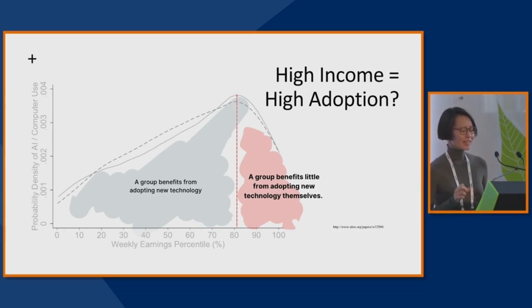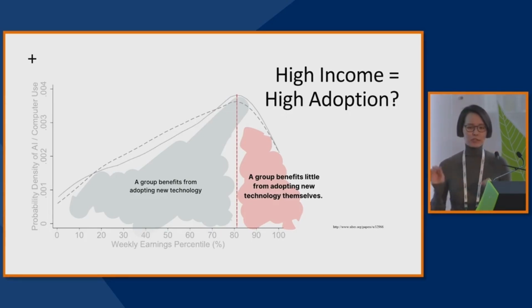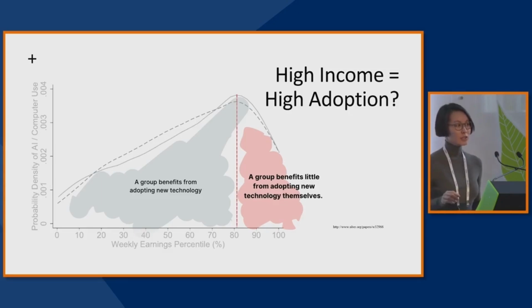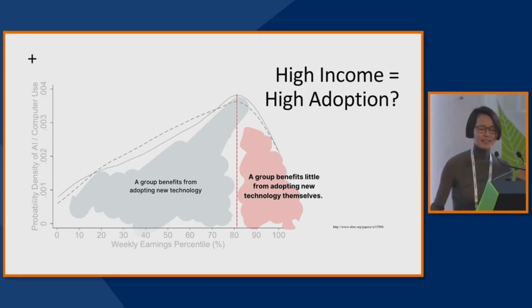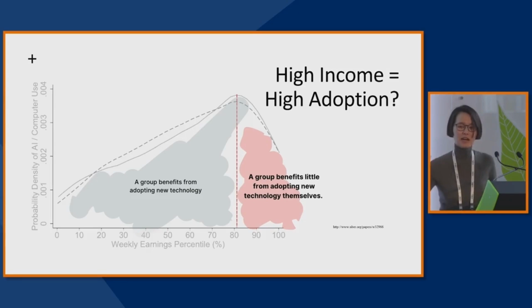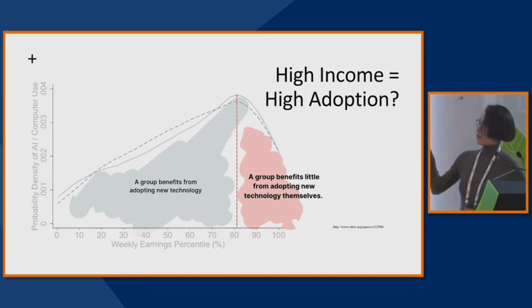I'm not sure if it's the full truth, but I think it would partially explain this super steep drop. You need time to accumulate your career and to get experience. And by the time you reach the 80 percentile income group, more likely you are around late 30s, 40s, 50s, and so on. There is another set of data that I don't have here. The higher the age, the likelihood you start to use AI drops. So that might also be another reason for this steep drop that you saw.